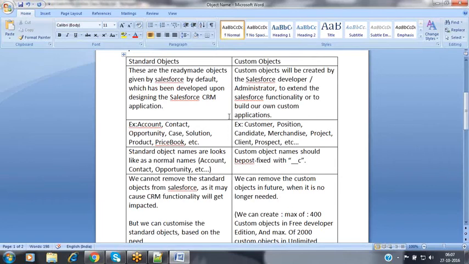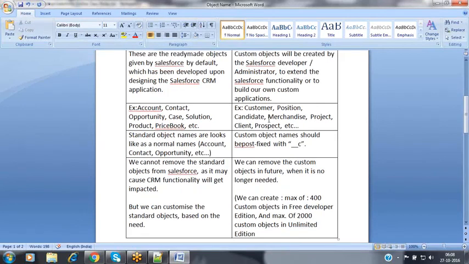So whatever standard objects are given by Salesforce, we cannot remove these in Salesforce, because if I remove them, the standard Salesforce CRM functionality will be affected. But whatever custom objects you have created, in future, if it is not required for you, we can remove that custom object also from your Salesforce instance. And each and every custom object name will be post-fixed with __c, which indicates this is purely a custom object.